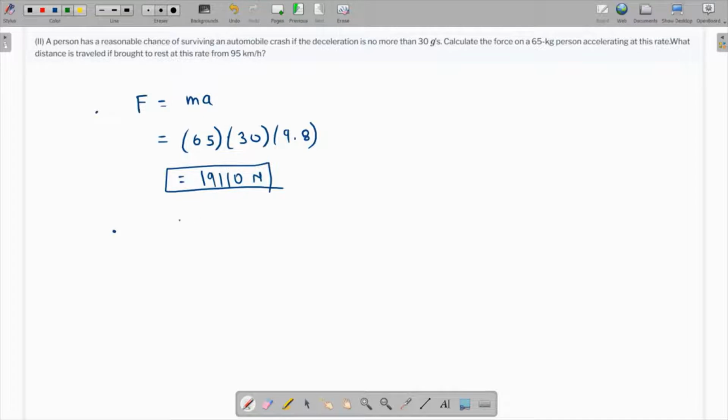So the distance traveled, we're going to use the third equation of motion. So v squared is equal to v naught squared plus 2as. The final speed is 0. The initial speed, be careful about the initial speed because that's given in kilometers per hour. So kilometers per hour must be converted into meters per second. So that should be multiplied by 1000 and divided by 3600. So that's coming as